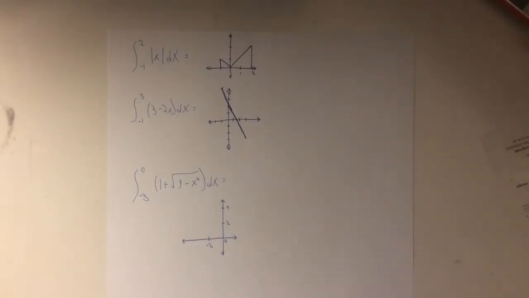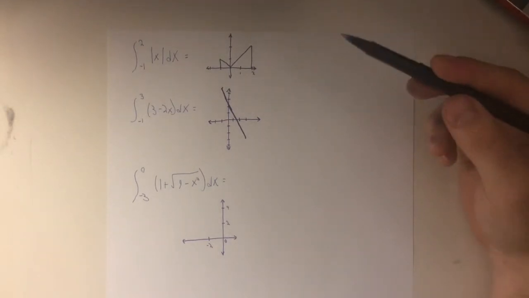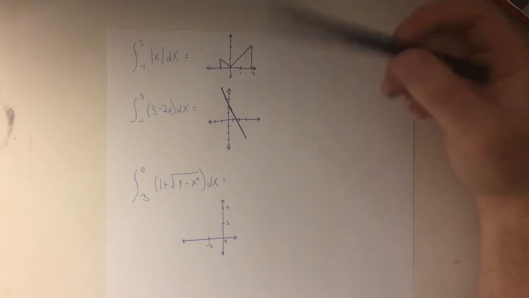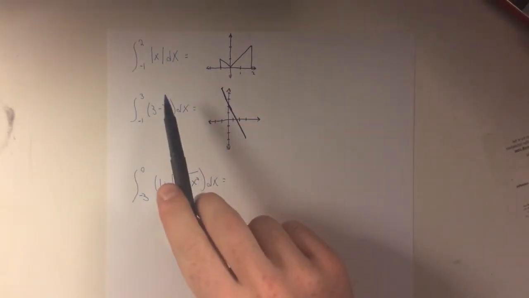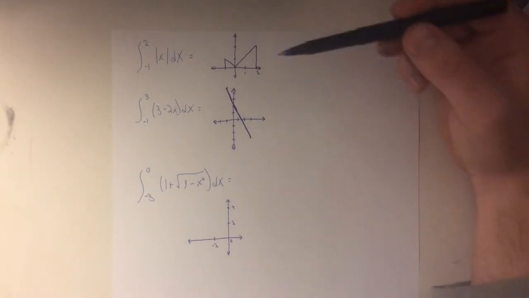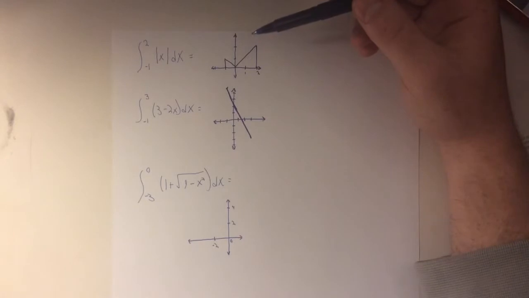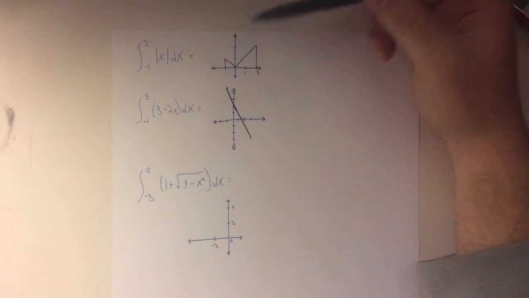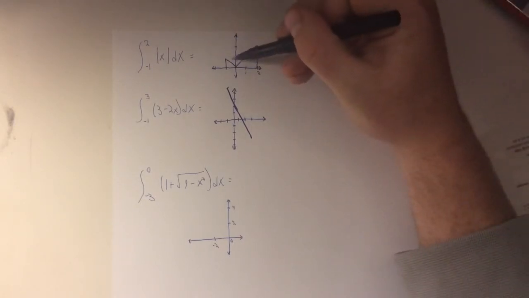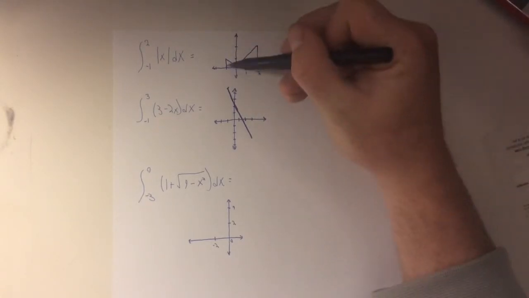Alright guys, some other questions you might be asked may look a little something like these. So this top one is asking for the area under the absolute value of x from -1 to 2. Now you have to keep in mind that the absolute value of x makes any negative value of x positive. So we can't forget this little thing here. And it's just the area bounded by the x-axis. So it's just this area